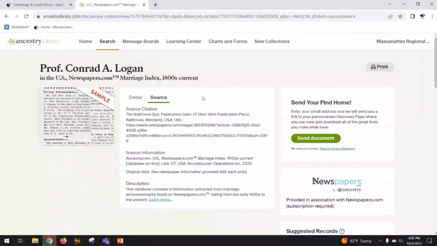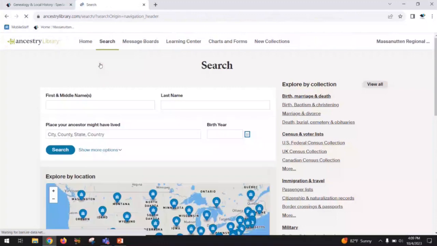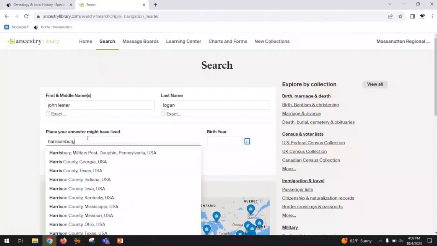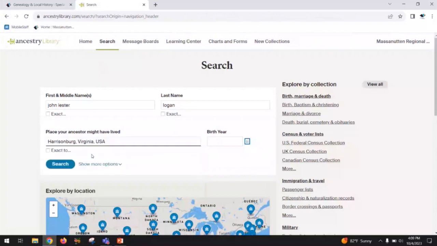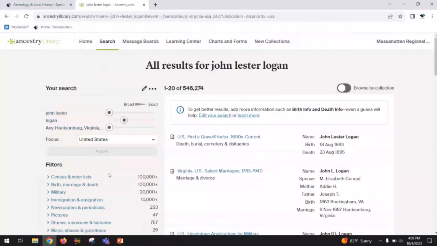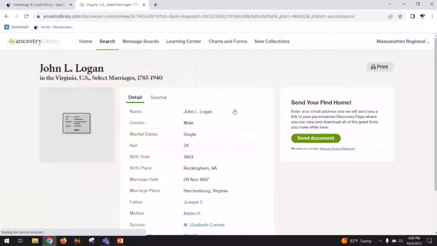All right, so instead of going back to our search results, I'm going to click on search up here again and then all collections because I want to see if I can find some more information about Conrad's parents. So remember his father's name was John Lester Logan, and he definitely lived in Harrisonburg, at least when Conrad was born. So let's search. We already saw him on Find a Grave, so let's look at this second marriage, or the second record, which